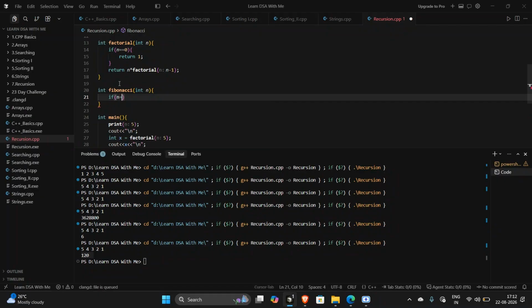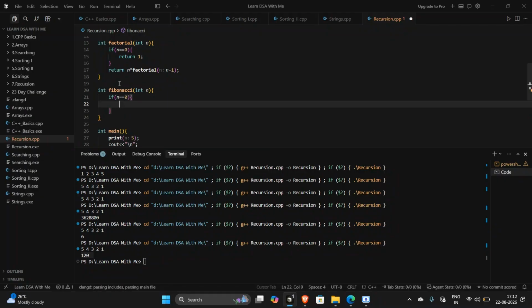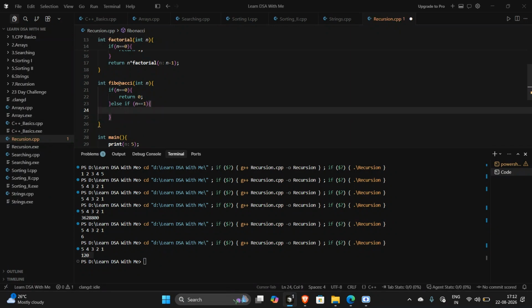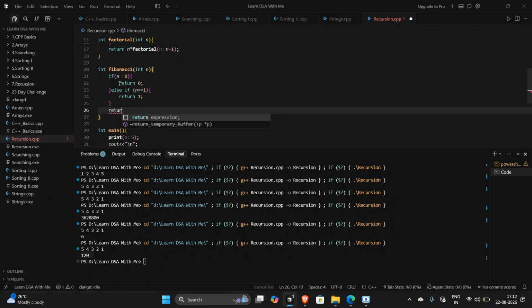If n is equal to 0, then we have to return 0, and another case is if n is equal to 1, then we have to return 1, and in all other cases we just have to return